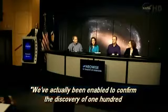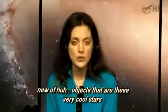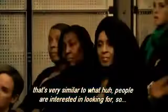We've actually been able to confirm the discovery of 100 new objects that are these very cool stars called brown dwarfs. And so that's very similar to what people